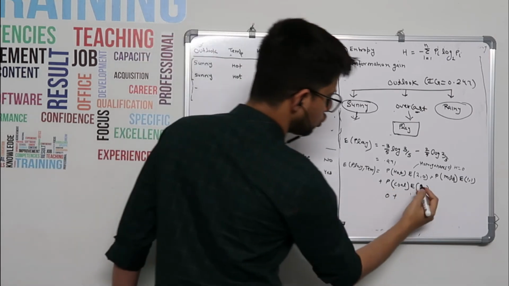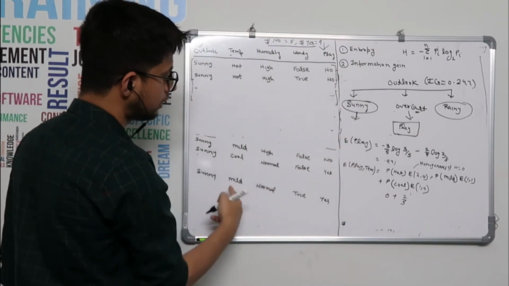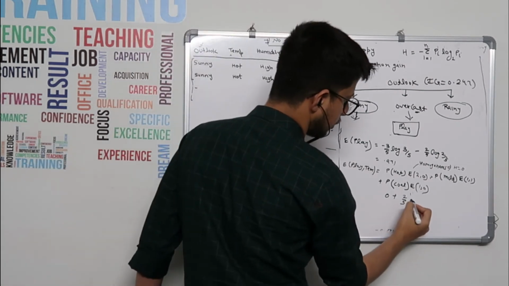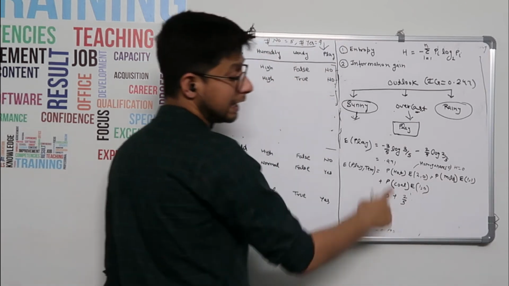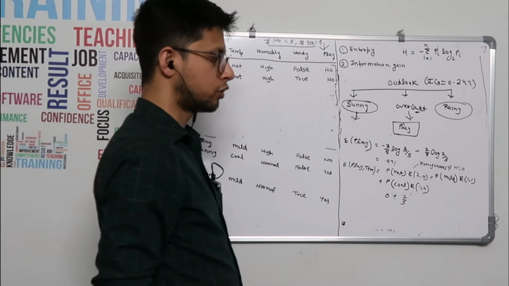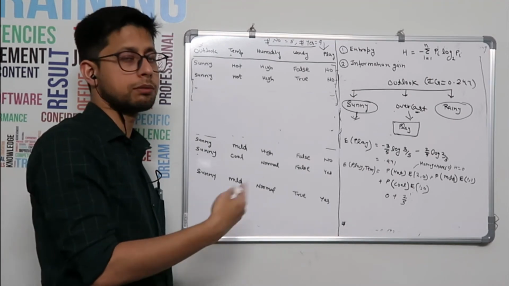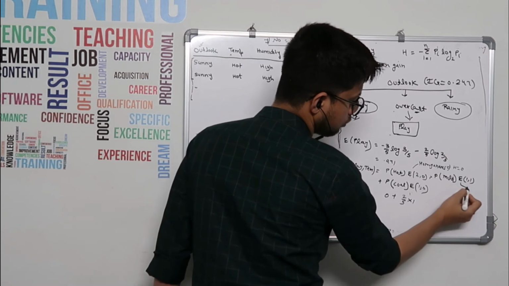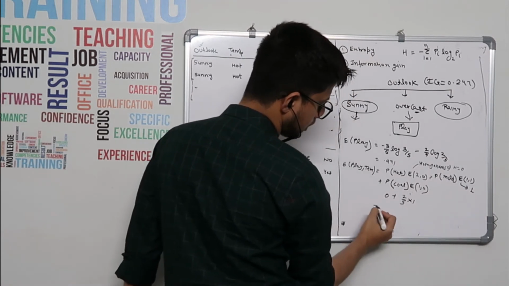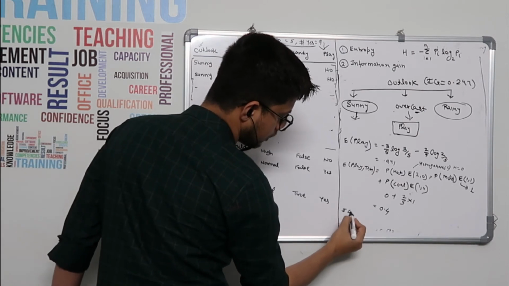2, so 2 by 5. Total 5. Out of 5, how many are mild? 2. 2 by 5. And then entropy, sorry, it is heterogeneous. It is equally divided basically. Of course, it is heterogeneous, but equally divided, 1 and 1. Same number of no's, same number of yes. So that's where entropy will become 1. So this will become 1, and it becomes 0.4, correct?